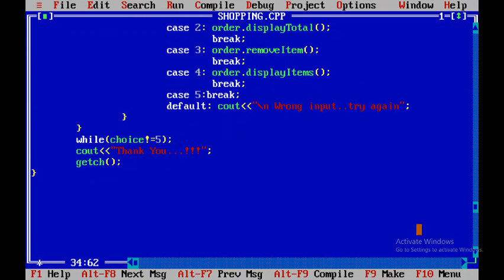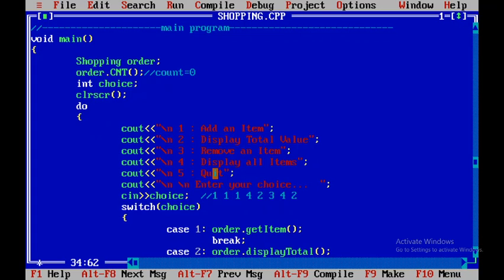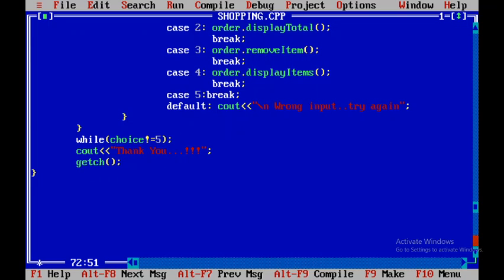After that, there is a break statement. So display atom, then break, the end of the switch case. Still the while loop will continue. Choice is 4, not equal to 5, so it continues the while loop. Now I want to quit, so I am giving the value 5 as my option. It will execute case number 5, which is a break, the end of the switch case. Choice is 5, and 5 equals 5, so the while condition is false. This time it will not continue the do while loop, and it will execute thank you and the end of the program.